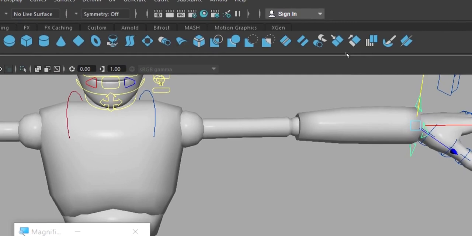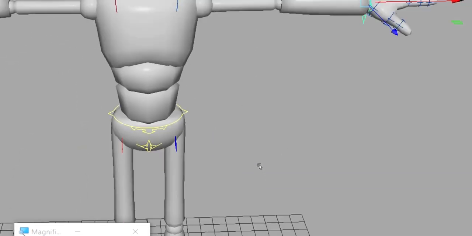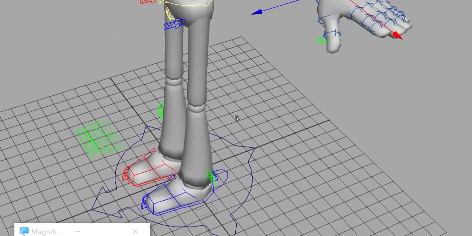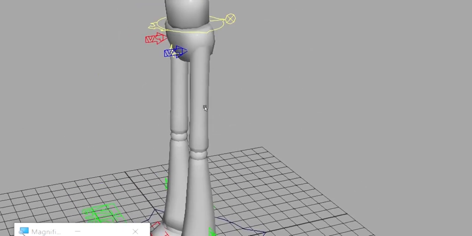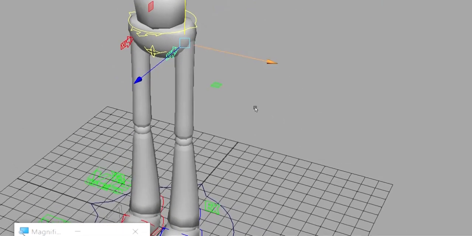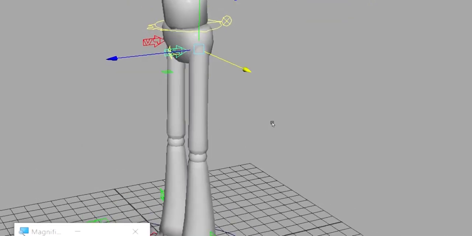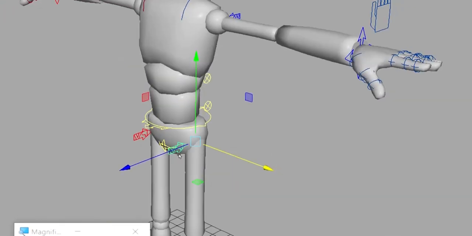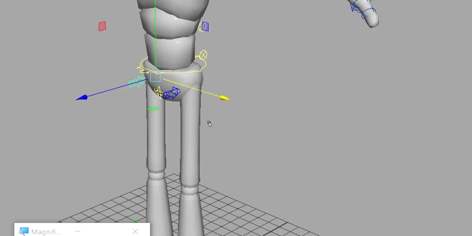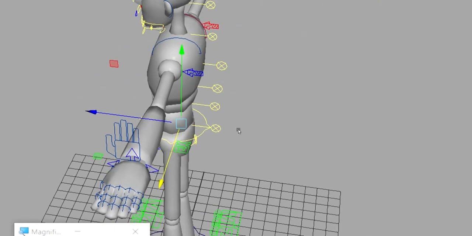For the wrist joint, the controller should be like this. For the knee joint, I mean the pole vector, the controller curve should be like this, because we should follow a uniform design language in creating controllers. See this pole vector or the knee control, it looks in an arrow shape. For the leg, same thing, it looks the same for the hand also.